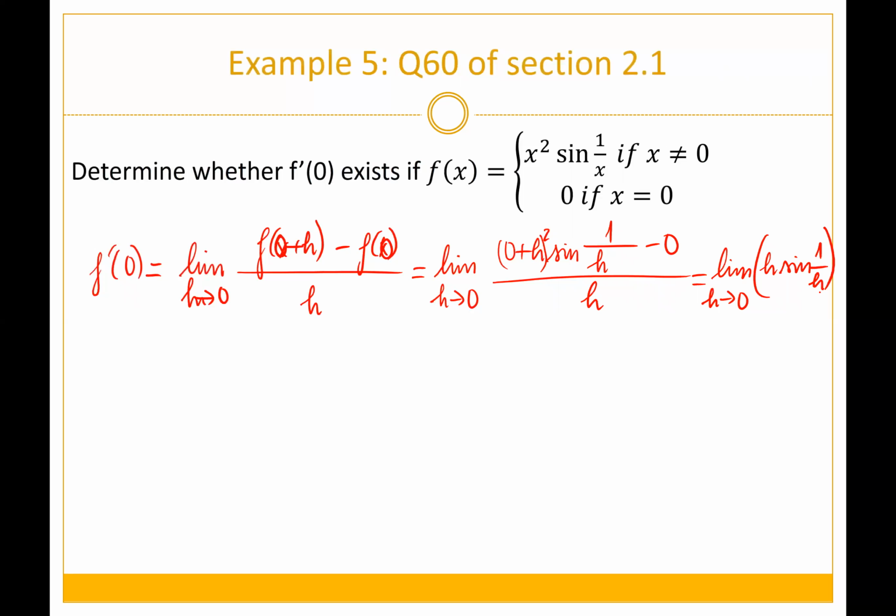Now, when you stop here, for sure you think that sine of 1 over h doesn't exist. But what happens when you multiply h by that? What you're going to learn later, and what we apply, is that we all know the limit of sine of 1 over h, over 1 over h, as h approaches 0. Actually, this one is going to be